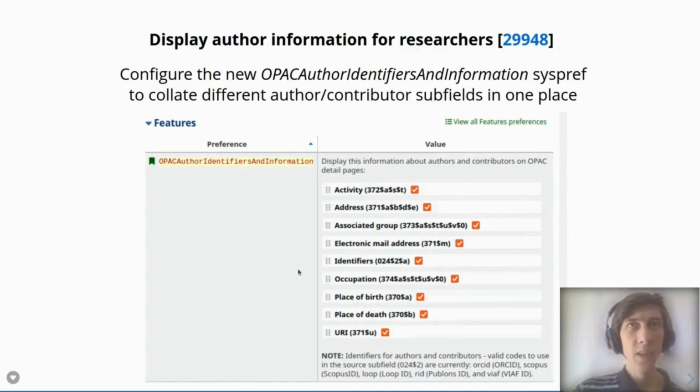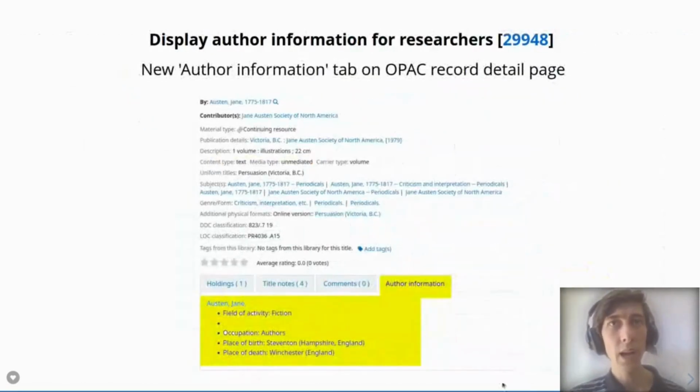Well, here we have a record, Persuasion by Jane Austen, and with the preference checkboxes selected for that system preference, we now have a new tab called Author Information displaying on the OPAC. If we click on that, it's now bringing in and labeling all the different information about Jane Austen. So we've got field of activity, fiction, occupation, place of birth, place of death, and so on, all lumped together